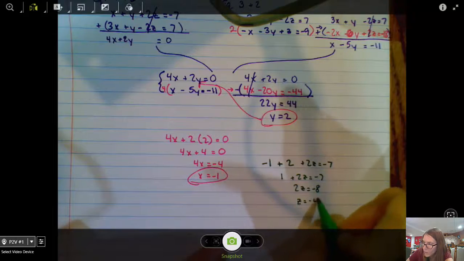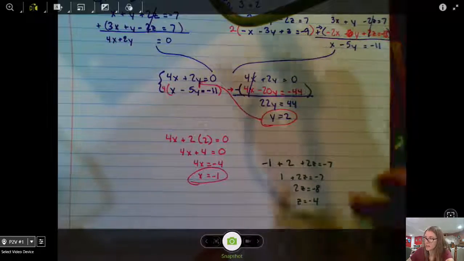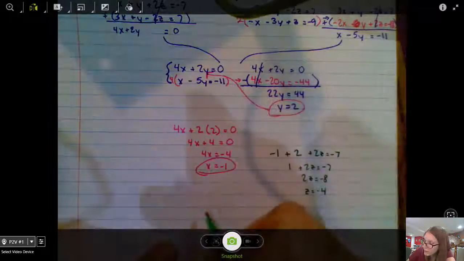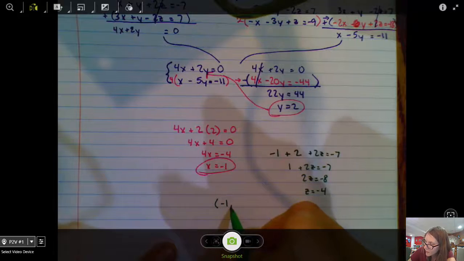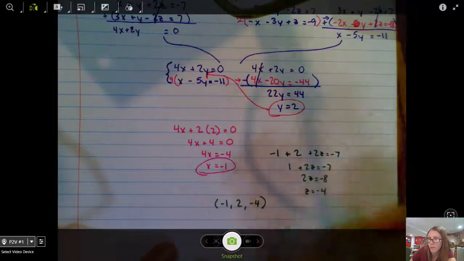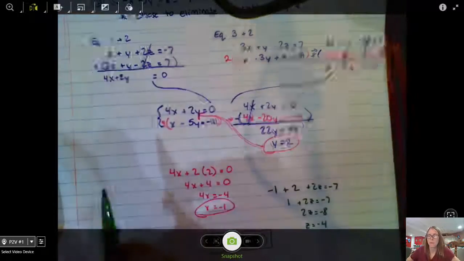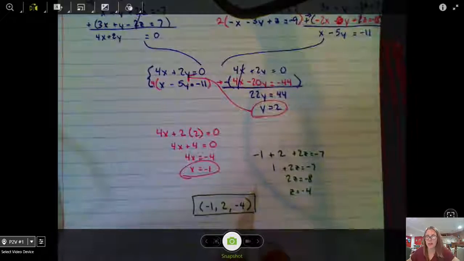z equals negative 4. Once again, we take our solution, our x, our y, and our z, and write them as an ordered pair. x comes first, then y, then our z value. And that's our solution, negative 1, 2,